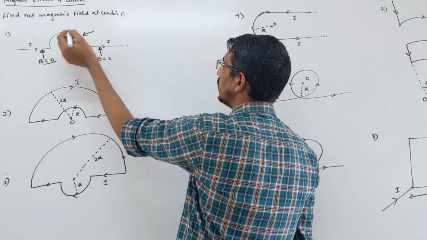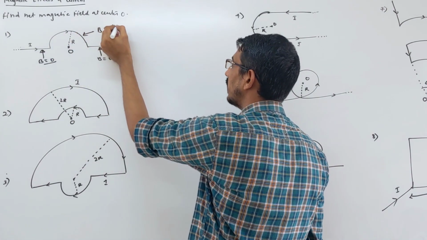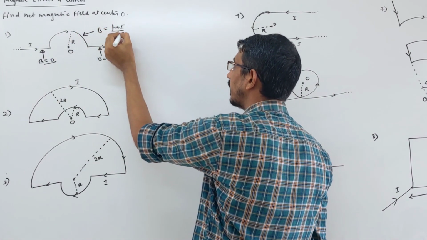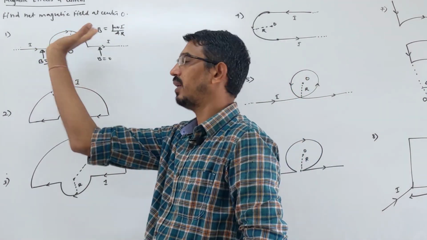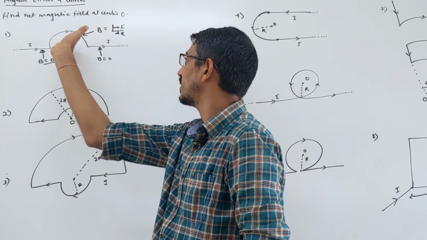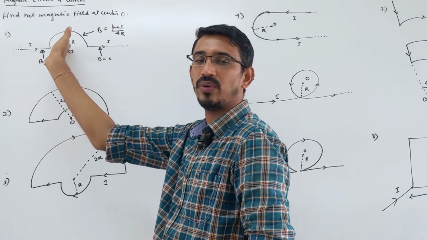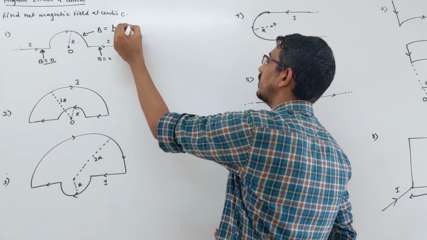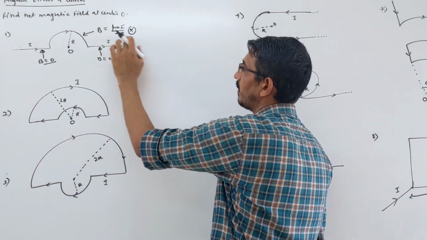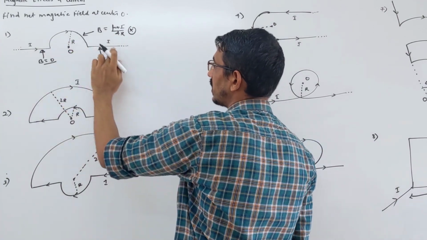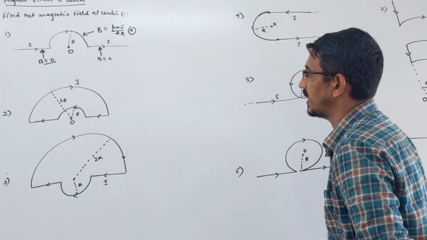What remains is the circular arc. This is obviously a half ring, a half loop. So the magnetic field becomes mu naught I upon 4r. Correct. And what is the direction of the magnetic field? When you grab this in your hand, right hand rule, fingers are going inward, thumb showing the direction of current. And down this wire, fingers are going inward. Inward means either you say cross field or you write minus k. So this is your net magnetic field due to this loop. Due to these 2 parts it is 0. Okay, let's see the next picture.